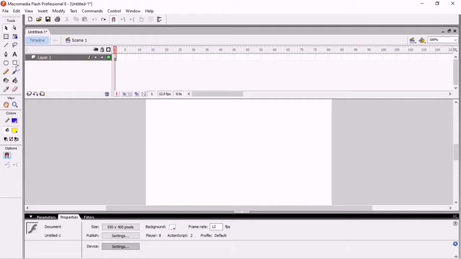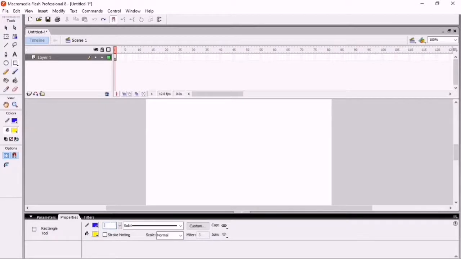Select this. You can see you can increase the width of the border by selecting this. For example, if I select 2 and I draw this, you can see the thickness of the blue area is this one. And if I make this suppose 10 or 8, then you can see if I draw here, the thickness will be changed.